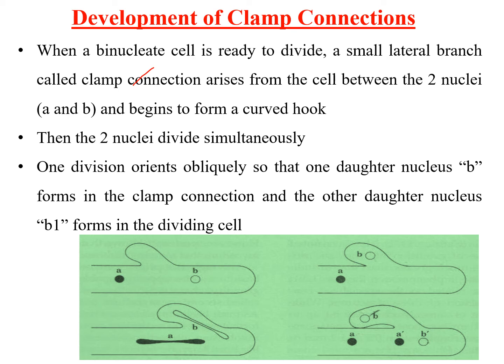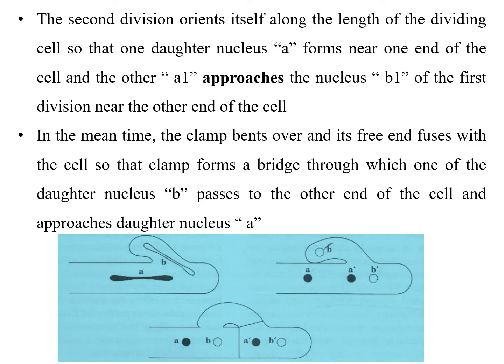One division orients obliquely so that one daughter nucleus, that is B, forms in the clamp connection, and another daughter nucleus B1 forms in the dividing cell. Here one nucleus moves to the clamp connection, and another forms in the cell. Here you see the formation of daughter nuclei, and this clamp connection will attach to the hyphae, and the second division